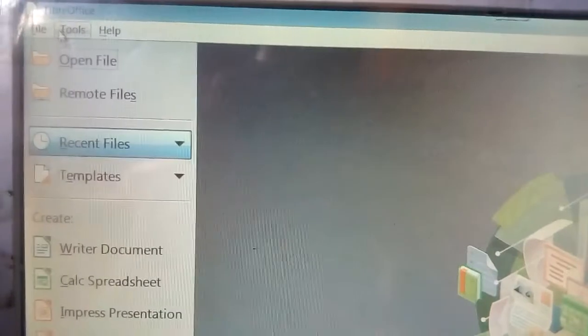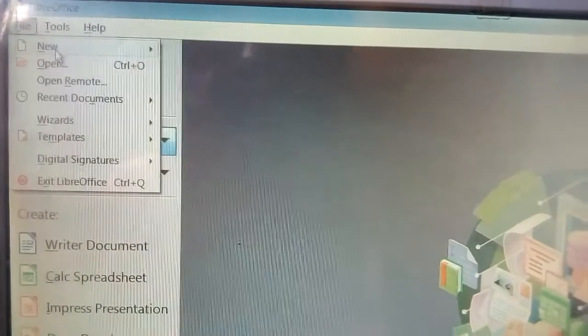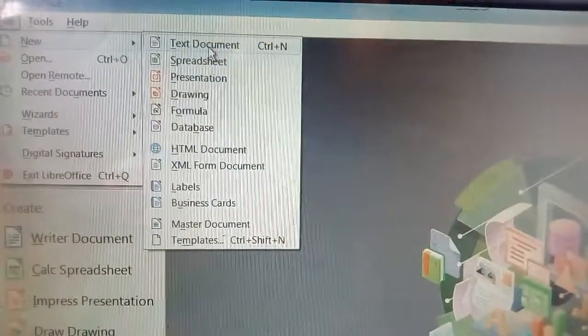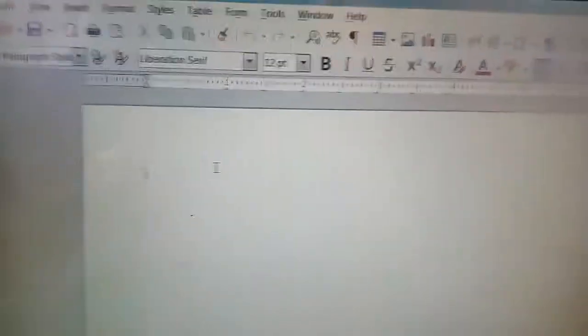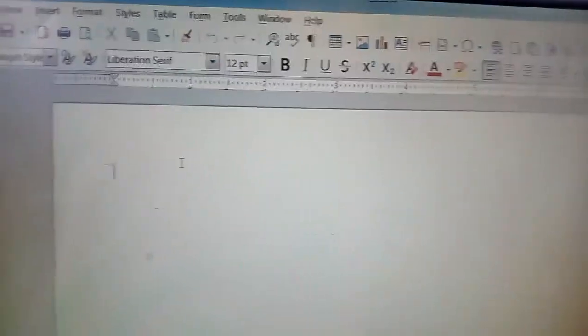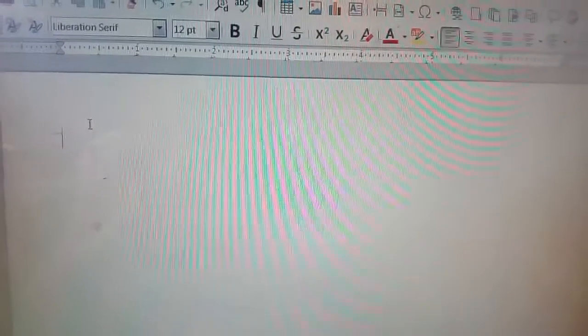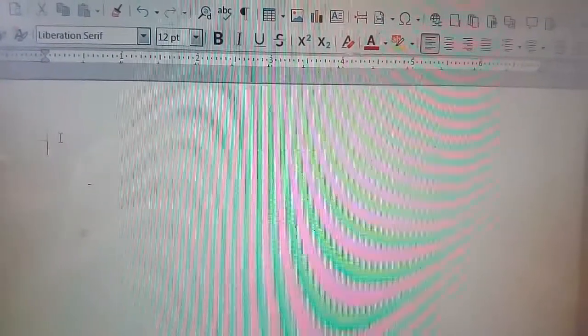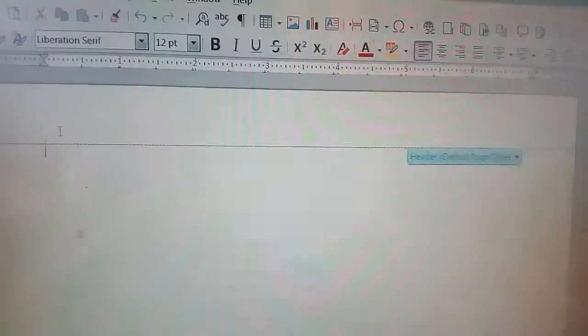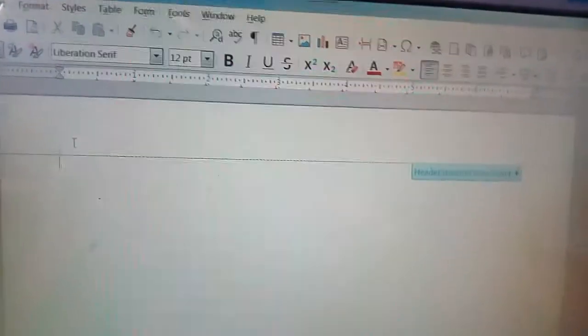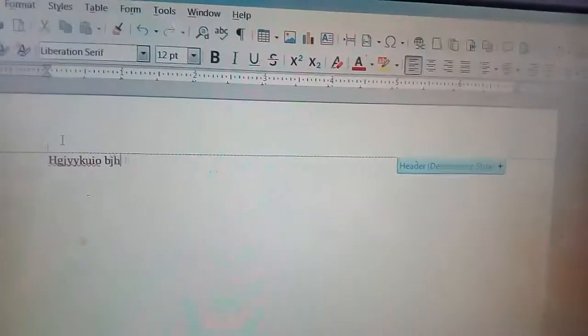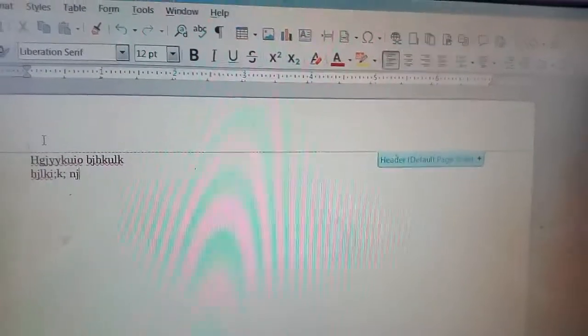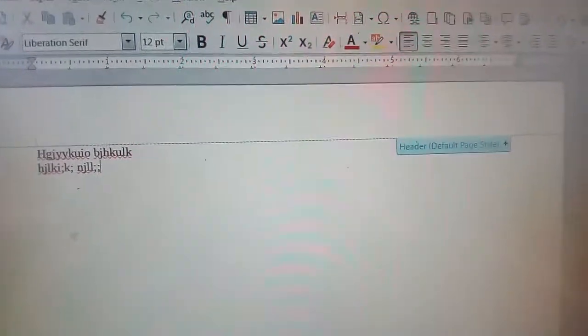Okay, so actually I have not written anything, that's why the saving option is not coming. Okay, suppose you write over here anything, just I am typing here. Now I am closing the file.